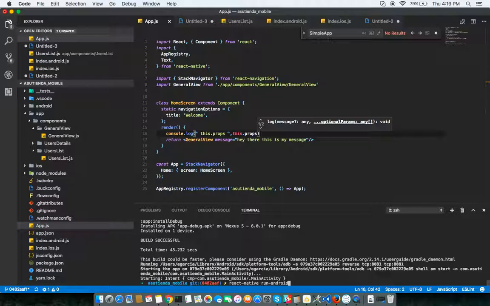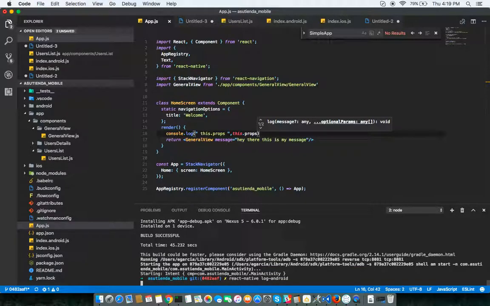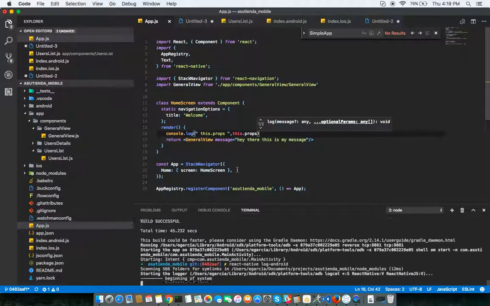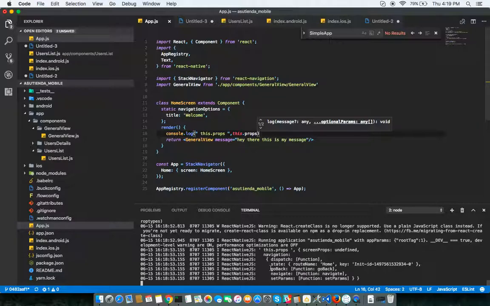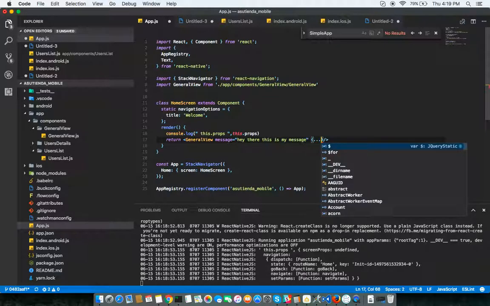Where is my log? Yeah, this one. Okay, we have a log. Okay, this props screen, as you can see, we have a navigation object. Within that object, we have a navigate prop, which is a function. And yeah, basically we can just pass this props object,